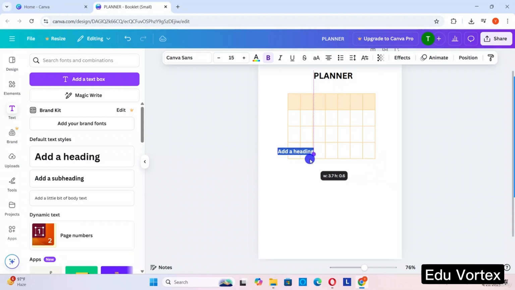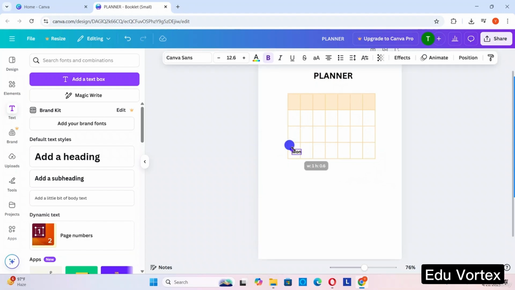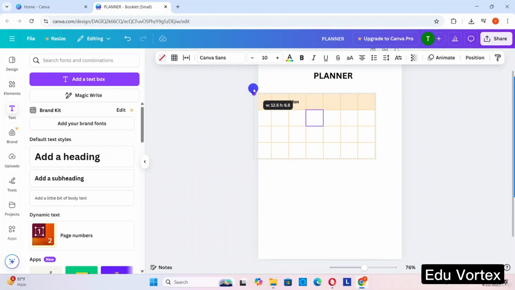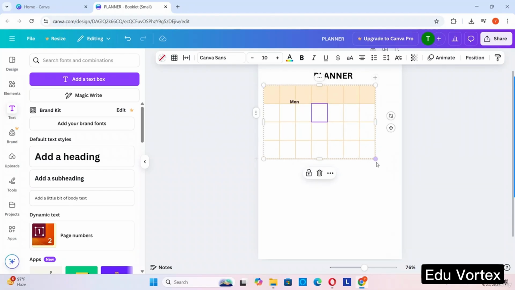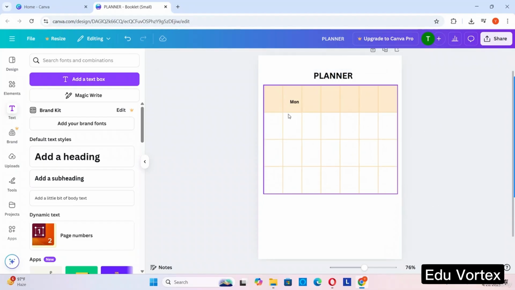This is 58%. I'm just creating a student planner because this is nowadays in very much demand as a digital product. So I'm just creating a value planner,